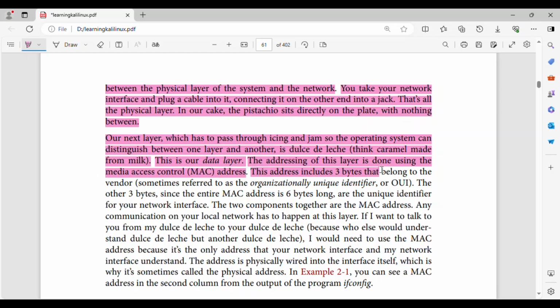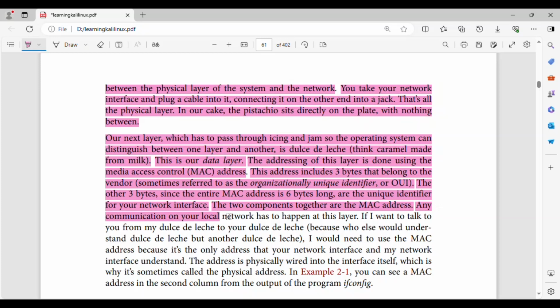This address includes 3 bytes that belong to the vendor, sometimes referred to as the Organizationally Unique Identifier (OUI). The other 3 bytes, since the entire MAC address is 6 bytes long, are the unique identifier for your network interface. The 2 components together are the MAC address.